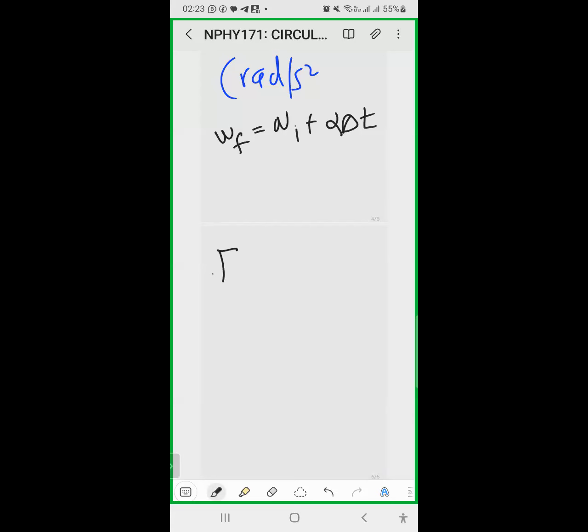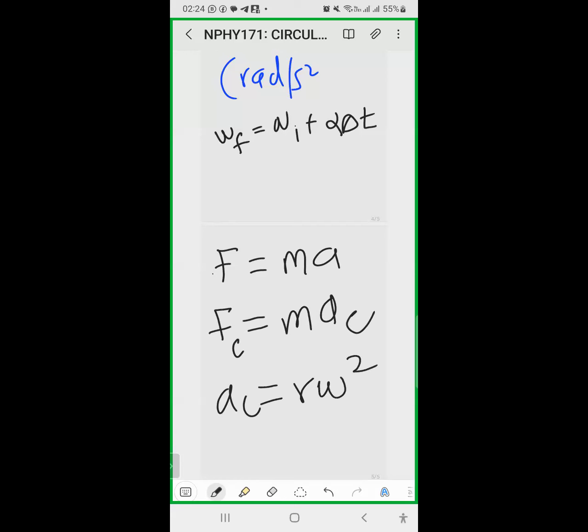By Newton's second law, the net force is equal to mass multiplied by the acceleration. In circular motion, the F net, which is the applied force, will be the centripetal force. So it is equal to the mass multiplied by the centripetal acceleration. Your centripetal acceleration is given by the radius multiplied by omega squared, where omega is the angular speed, and this is going to be equal to the